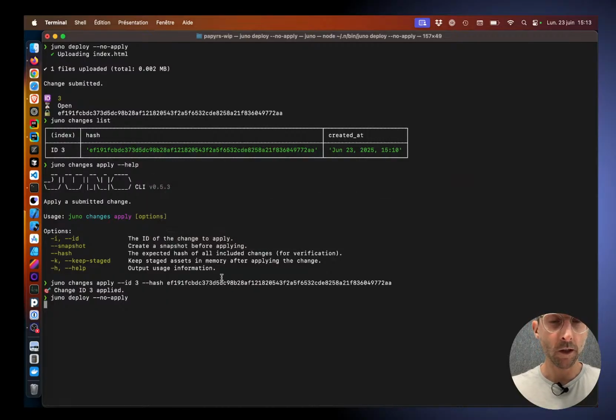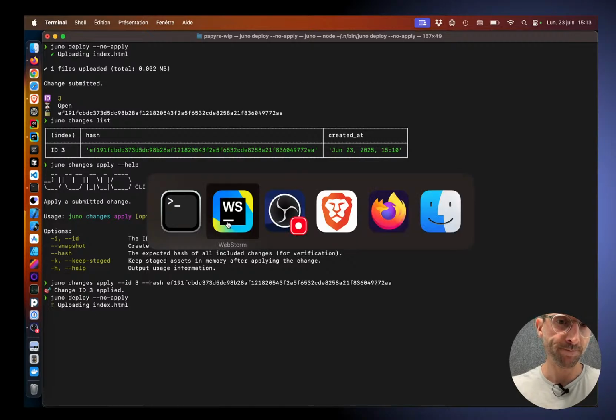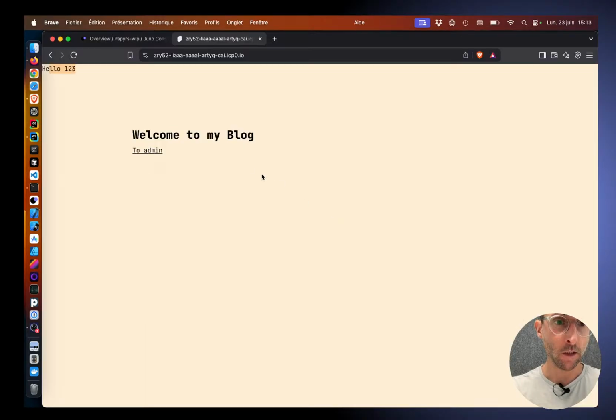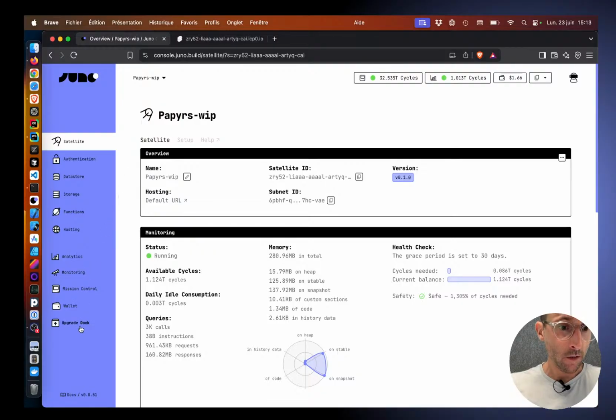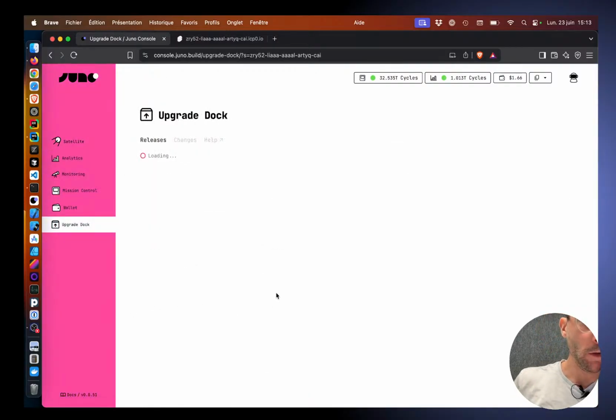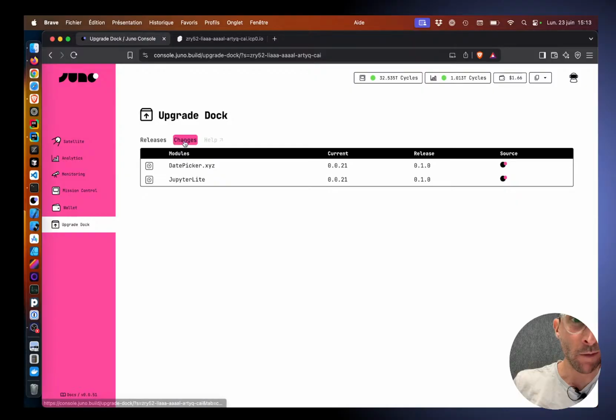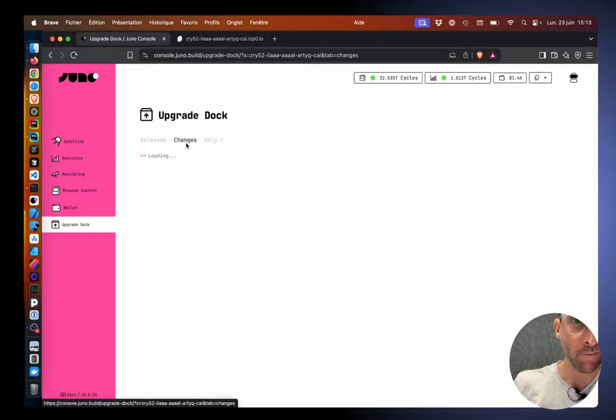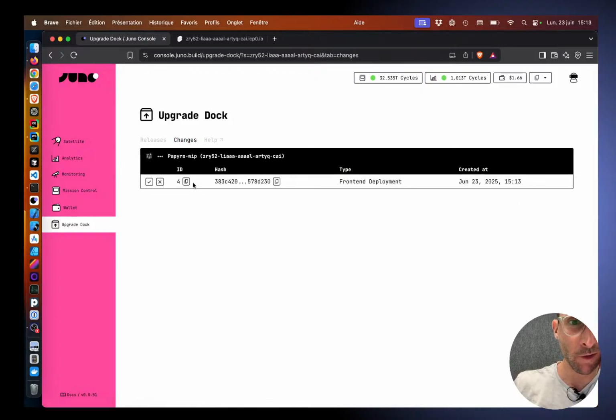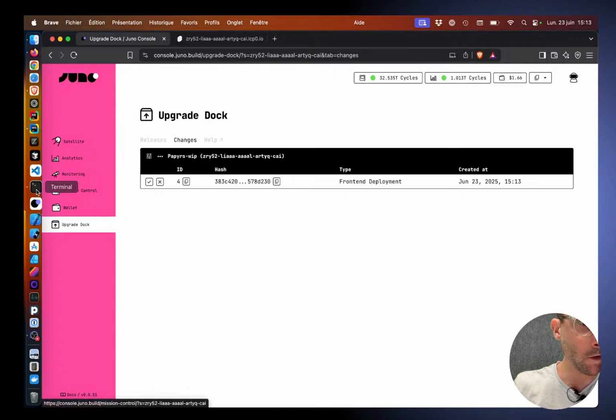But we're not going to apply it with the CLI, we're going to apply it in the console because it's nice with the CLI, but let's do it in the console. And because I like when you always have two possibilities. All right, so in the same upgrade doc as we saw before, there is a new tab, changes here. And if you go there, you're going to see change 4,